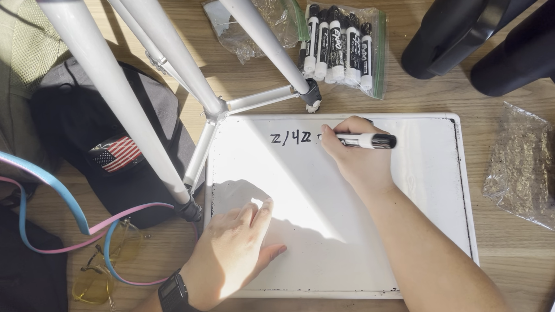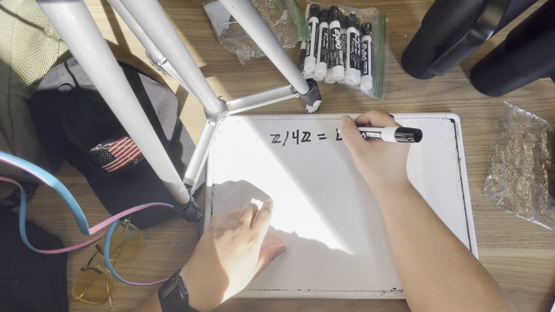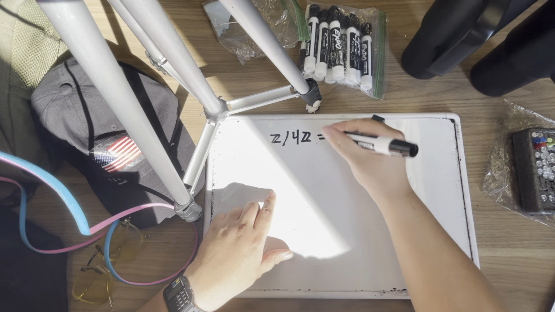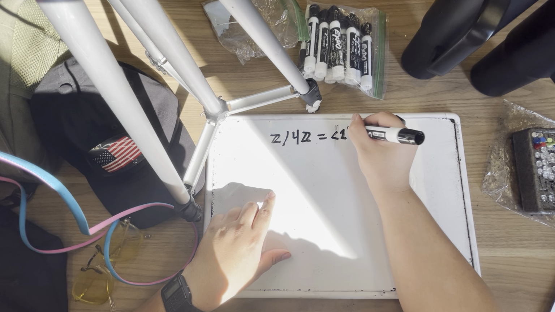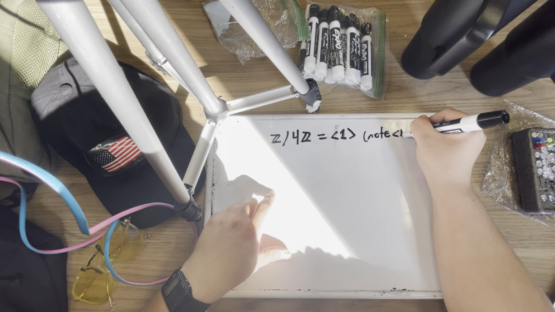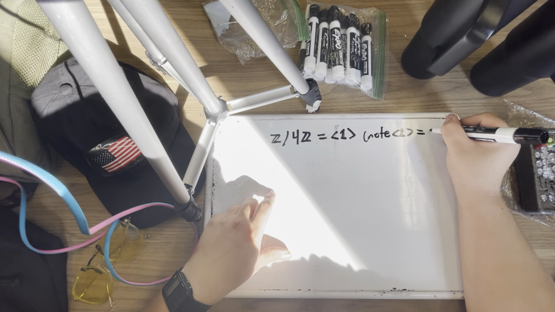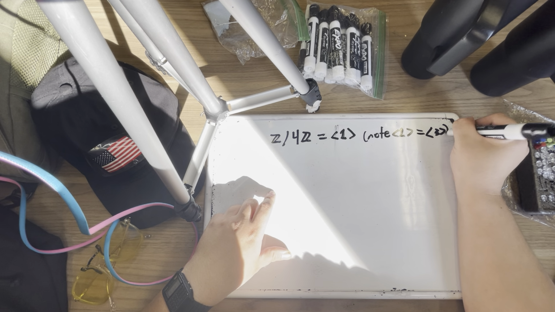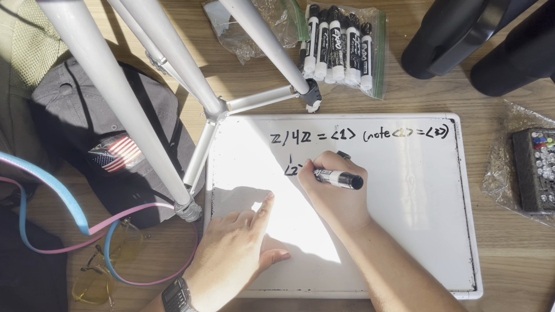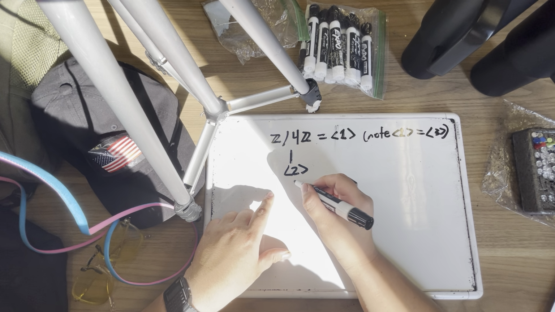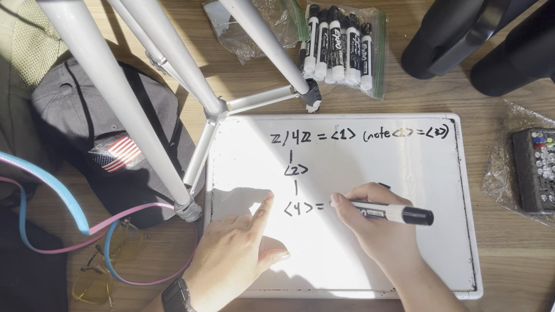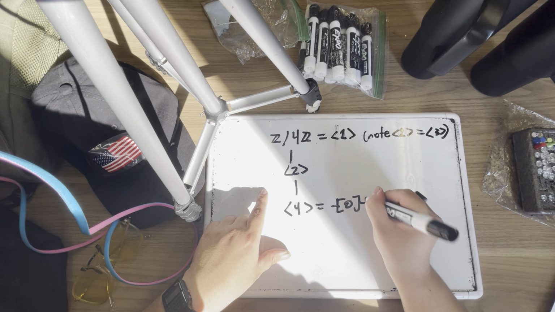But for instance, the integers mod 4 is equal to the group generated by 1. So we could note here that the group generated by 1 is equal to the group generated by 3 in this case. And then we have a line, then the group generated by 2, then a line, then the group generated by 4, which is equal to the set containing 0 and only 0, right?